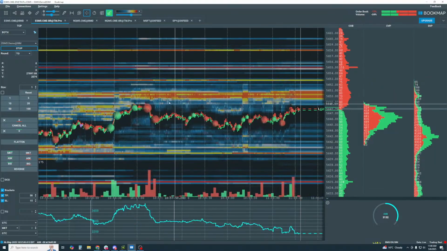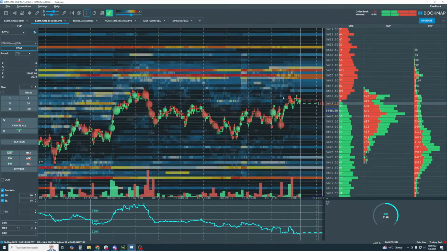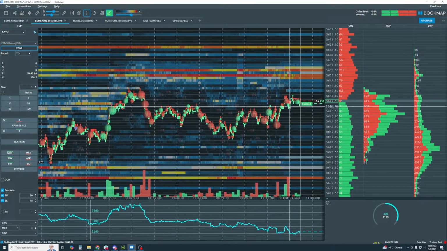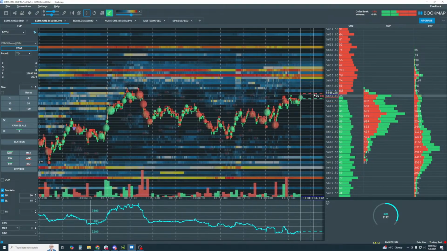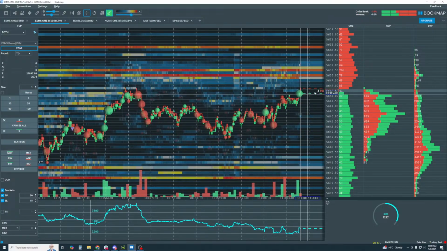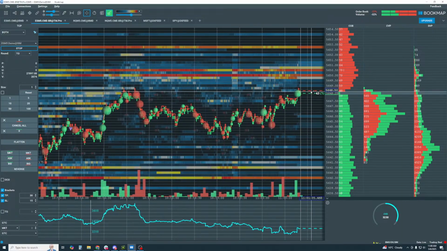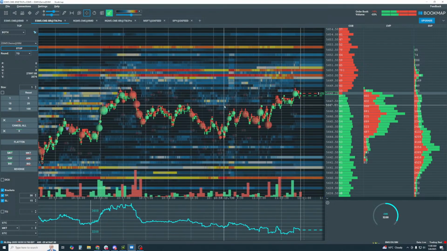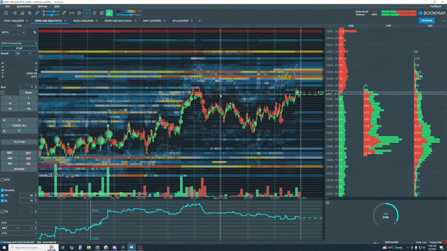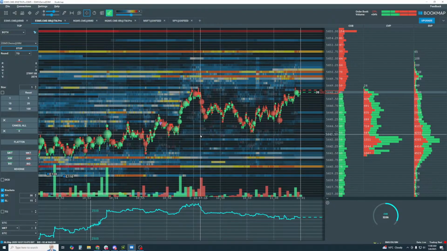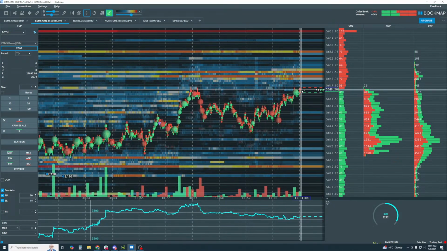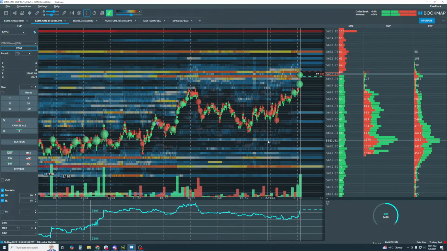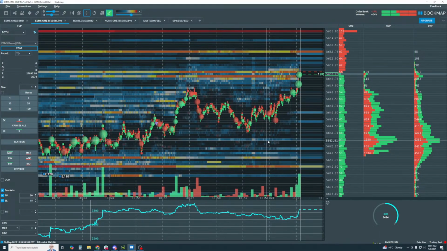So actually, let's see if we get a squeeze here to the upside. You can see the selling coming in, heavy selling, and buyers starting to kind of round the corner here. But here's some pretty heavy buying here. And now can we get the squeeze up into 50 and above? Okay, meaning all of these sellers in here are going to be these buyers if we get that steep move to the upside here. And yeah, here we go. Okay, so we should see some pretty heavy